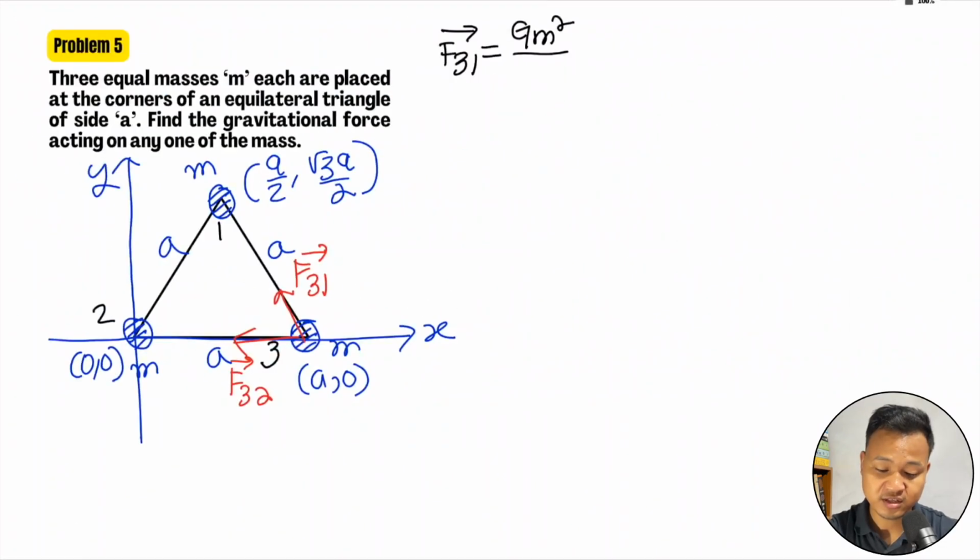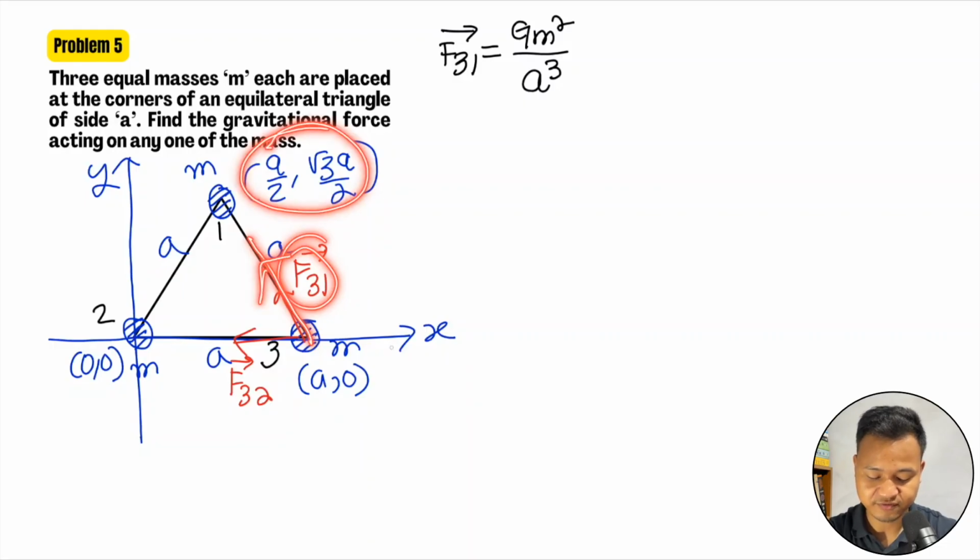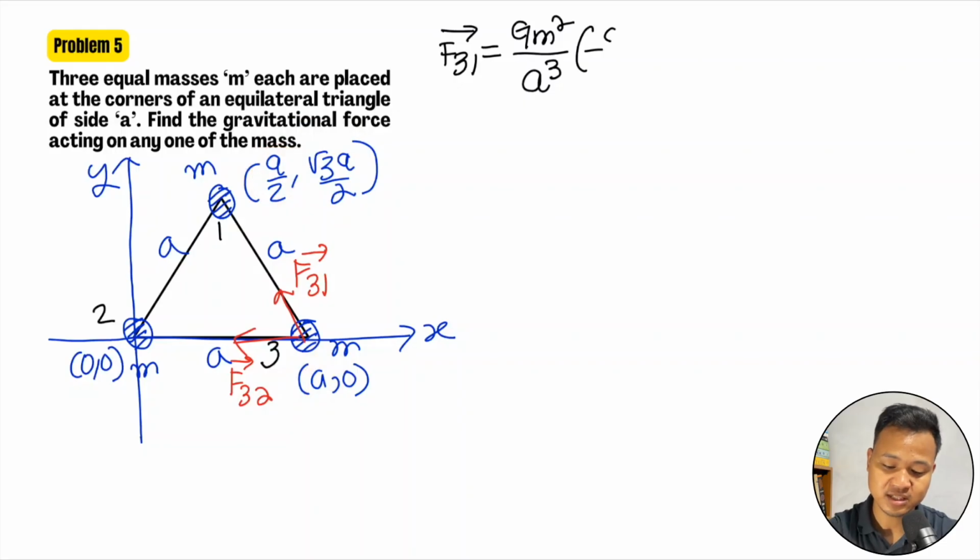So therefore here what is the value of mod R? So mod R is basically A, so A cube. Okay, the distance between M1 and M3 is A. Now the vector: this force you see it is going in this direction. So this is your final position vector, this is your initial. So that means final minus initial. So A by 2 minus 0 I cap,